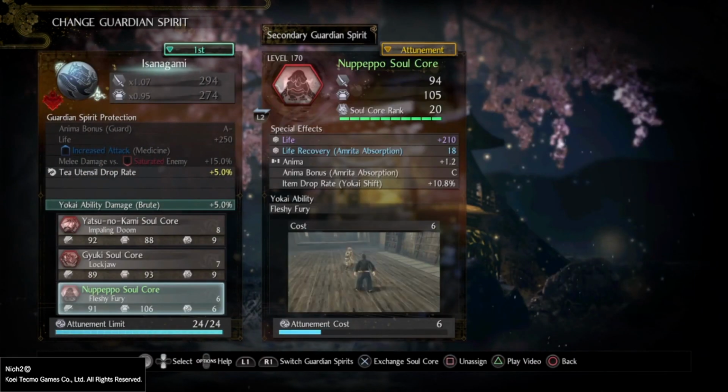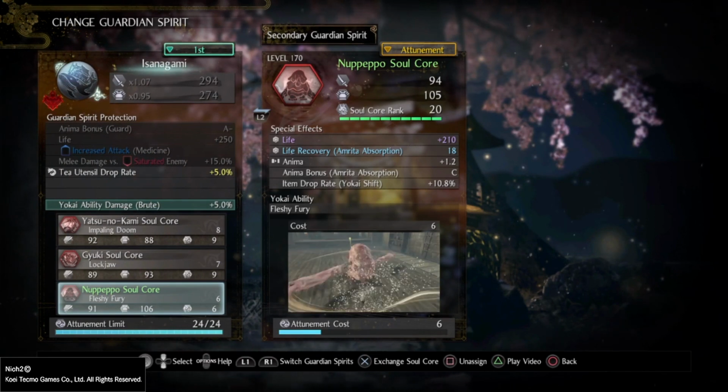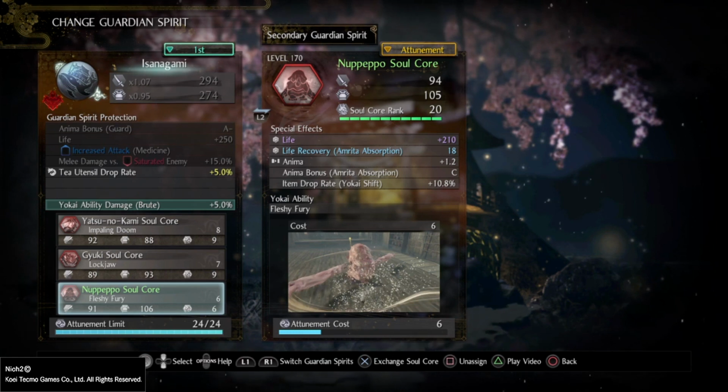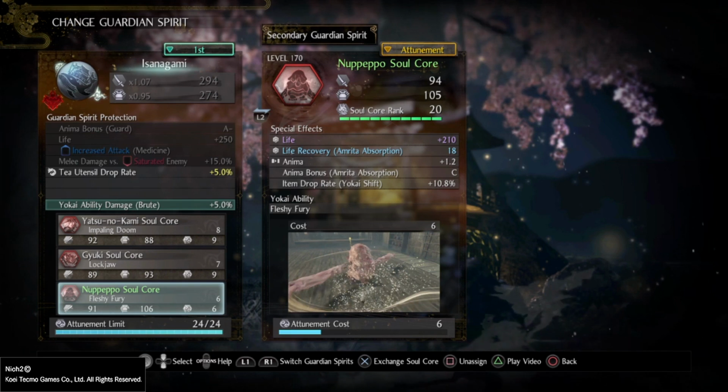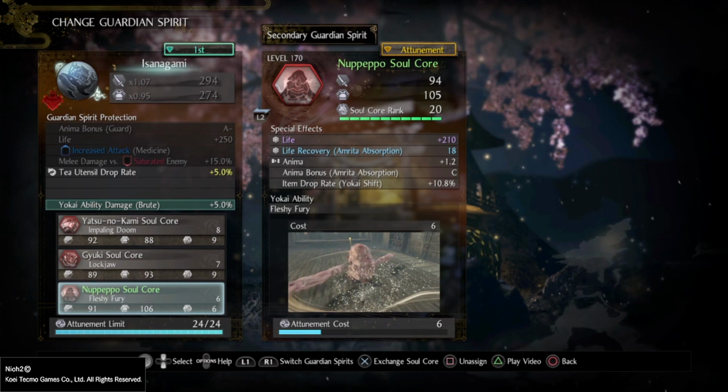Since Izanagami is my main guardian spirit, it has Anima Bonus: Amrita Absorption, since I'm going to be using the dual swords a lot in my gameplay. If you're going to use the Odachi a lot, you might want to put an Impeppo here with Anima Charge Damage Taken, or of course the best anima charge you can put is Anima Charge Bonus: Amrita Gauge,